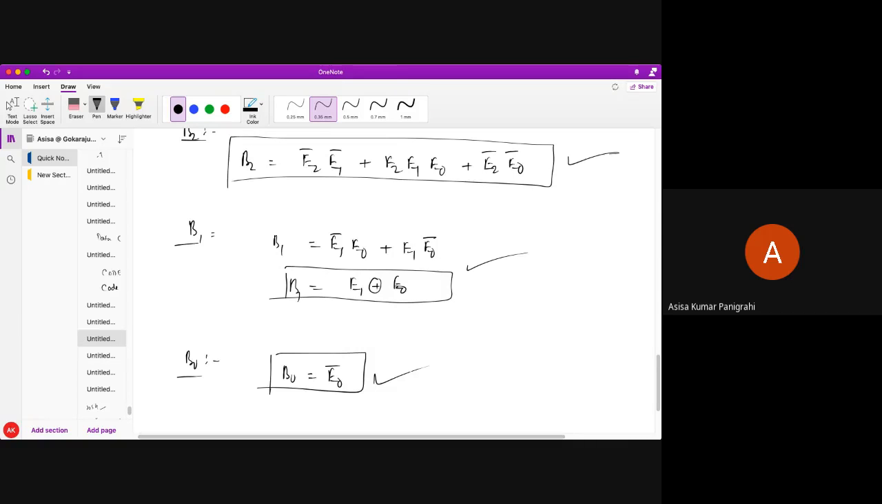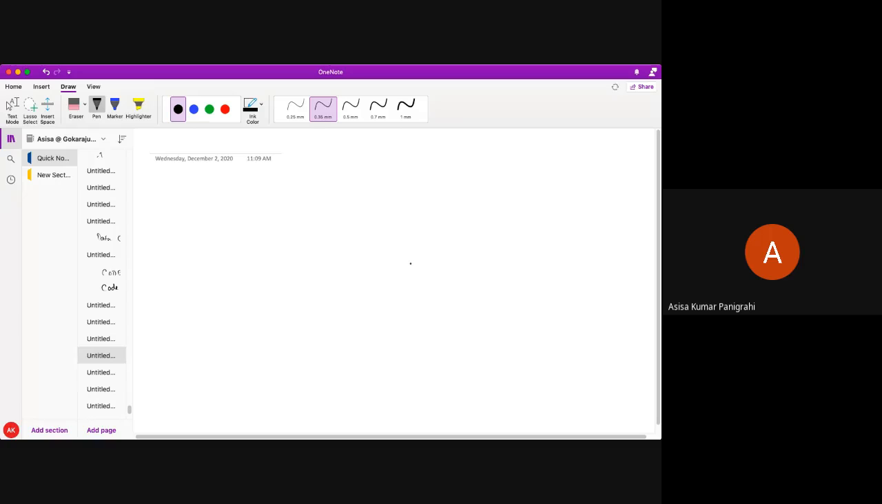If there is no doubt, we can go for the next and last part of this code converter, which is very important. And this question I'll ask you in the mid exam. Okay, so please try to understand. The question is, design